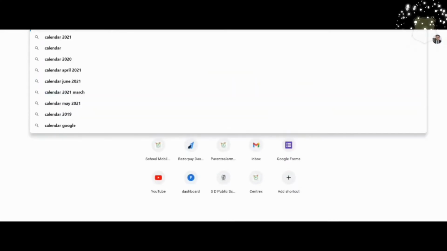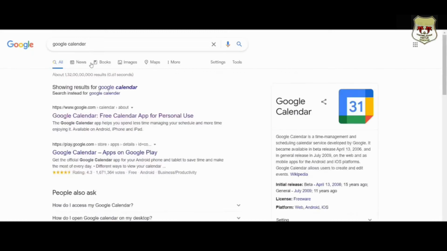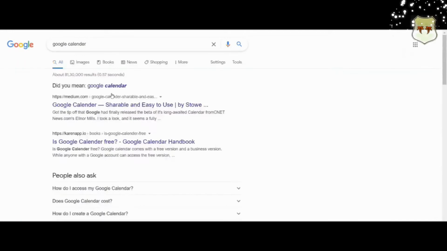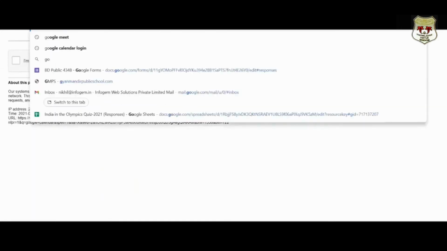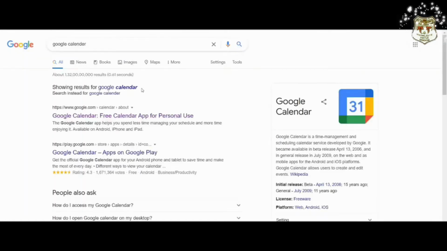You can create an online class through Google Meet or Zoom or Microsoft Teams, any platform you choose. The only thing is you have to create that class in that respective app, and then you have to copy the link of that particular online class. So let me go to Google Calendar. I will click on Google Calendar and I will schedule one online class on a respective date.